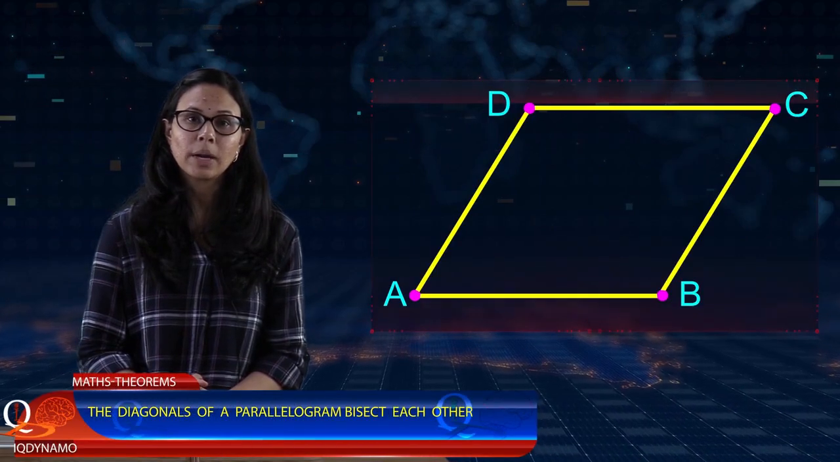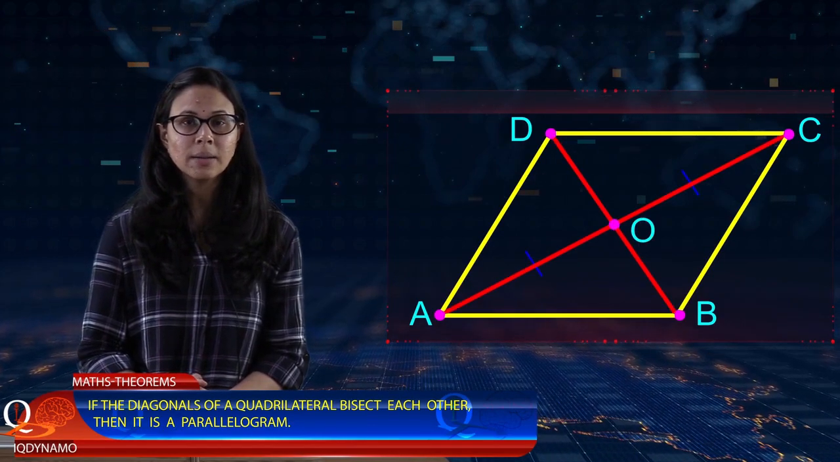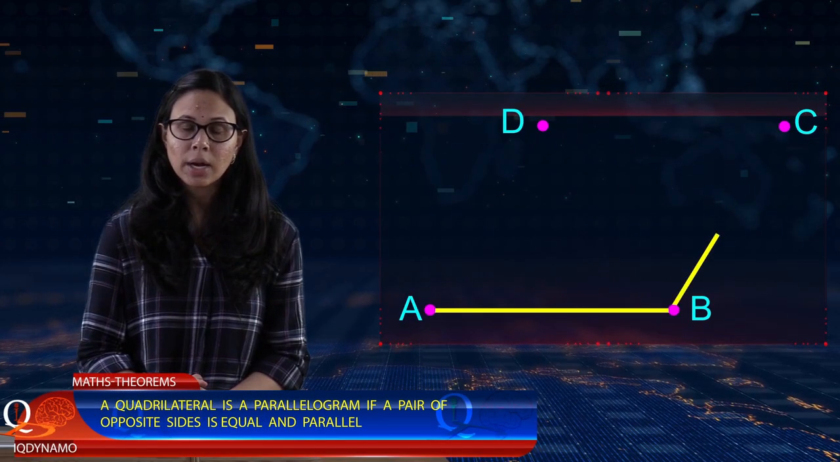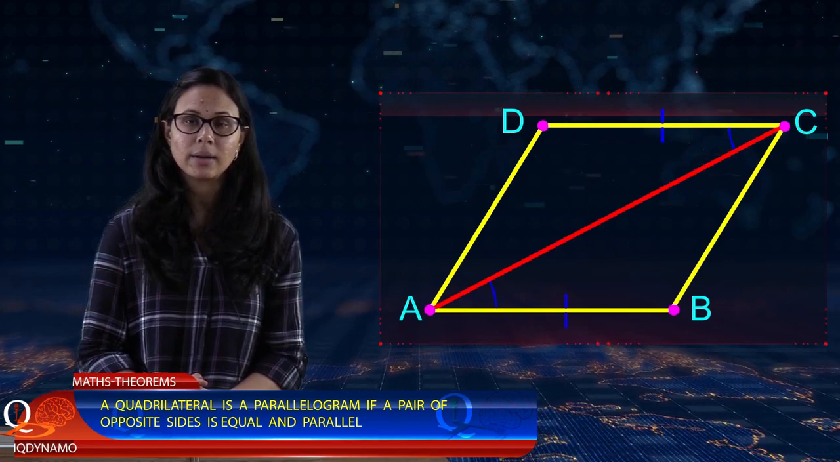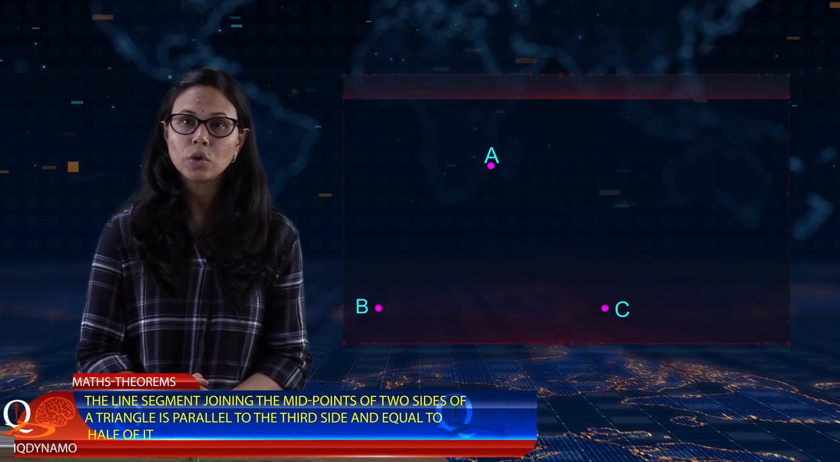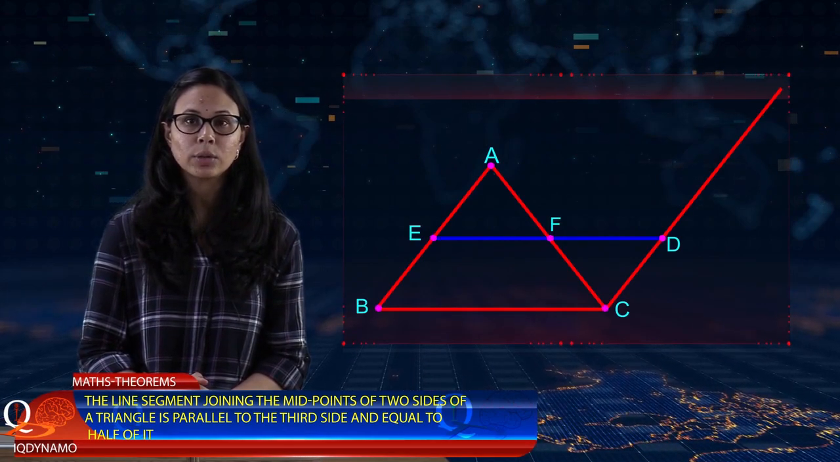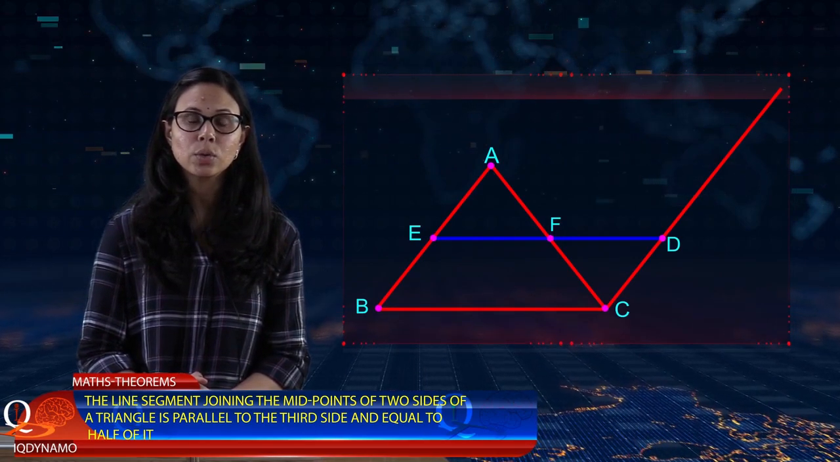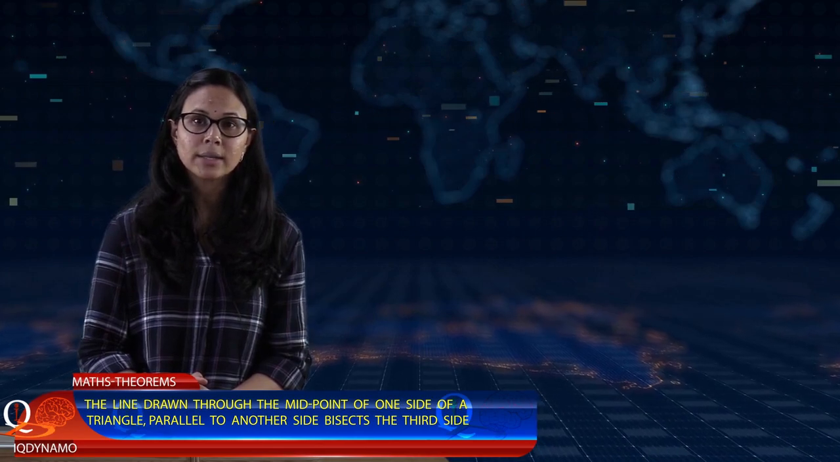The diagonals of a parallelogram bisect each other. If the diagonals of a quadrilateral bisect each other, then it is a parallelogram. A quadrilateral is a parallelogram if a pair of opposite sides is equal and parallel. The line segment joining the midpoints of two sides of a triangle is parallel to the third side and equal to half of it. A line drawn through the midpoint of one side of a triangle parallel to the other side